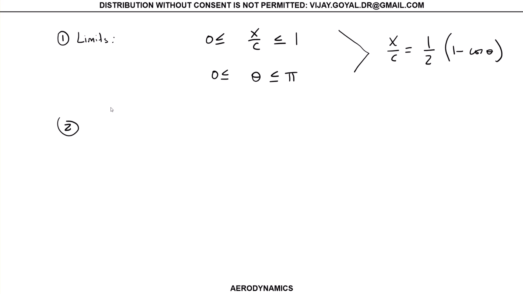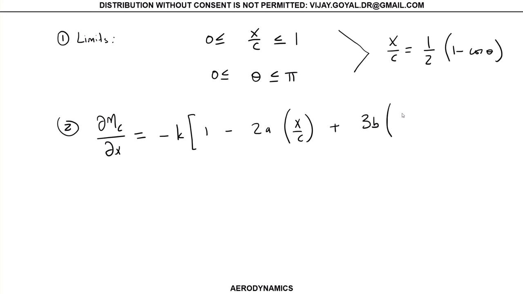Number 2, there are two quantities that I'm going to need, so let's go ahead and find them. I take the derivative with respect to x. That gives me 1 minus 2a (x over c) plus 3b (x over c) squared. Okay, and then